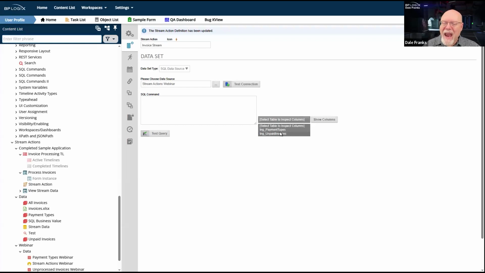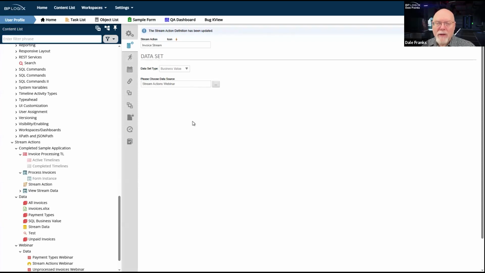So while I can build my SQL here, I kind of like to use a data source. I'm sorry, a business value. And the reason is that business value is reusable. So if I need it to make a report or I need it to fill out an array on a form somewhere else for reporting purposes or what have you, I don't have to recreate the same thing once I have a business value. Once you create a business value, it's universally available.